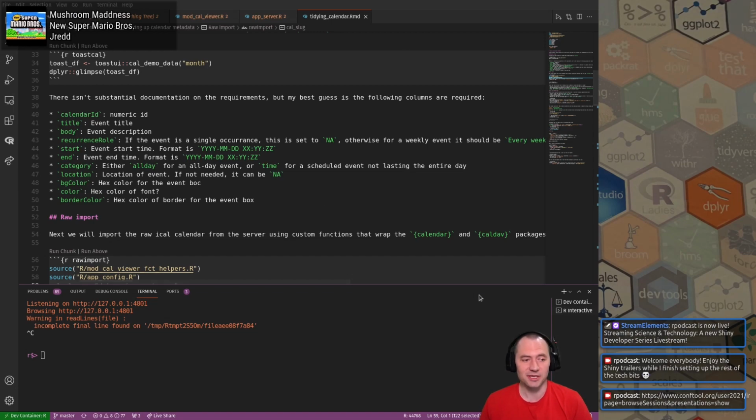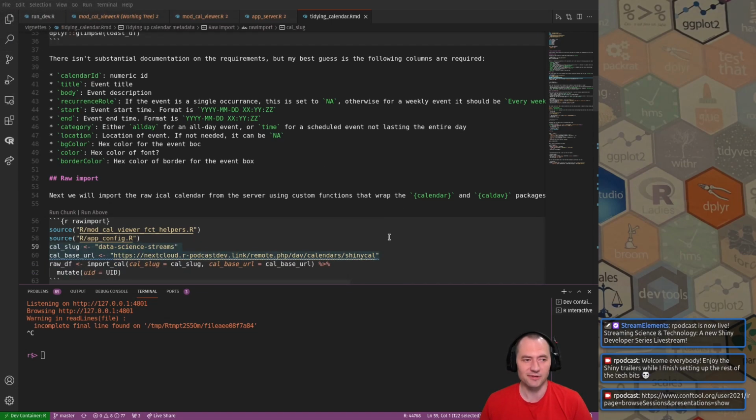So as I've been investigating this a bit, you can see I started taking notes on the required columns from what I can tell. Some of these are pretty self-explanatory. We need a calendar ID, it's just kind of like a unique thing. That could be anything really. But the key ones here are the title and the body, whether the meeting is, or see, I'm in my work mode, not meeting. The event, we'll call it the event, is just a one-off kind of thing, or if